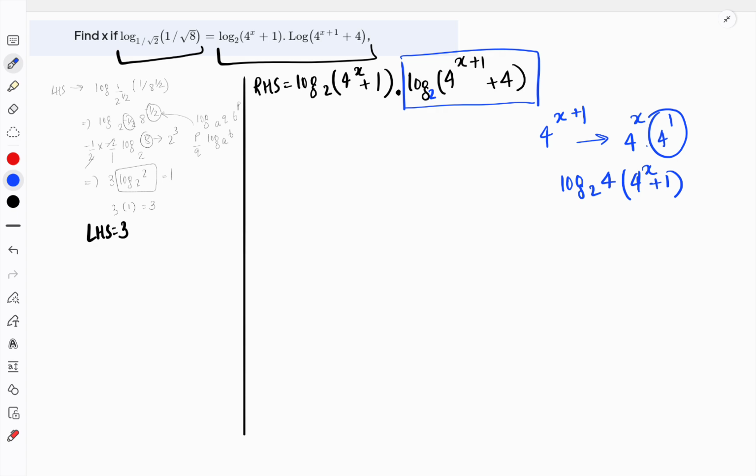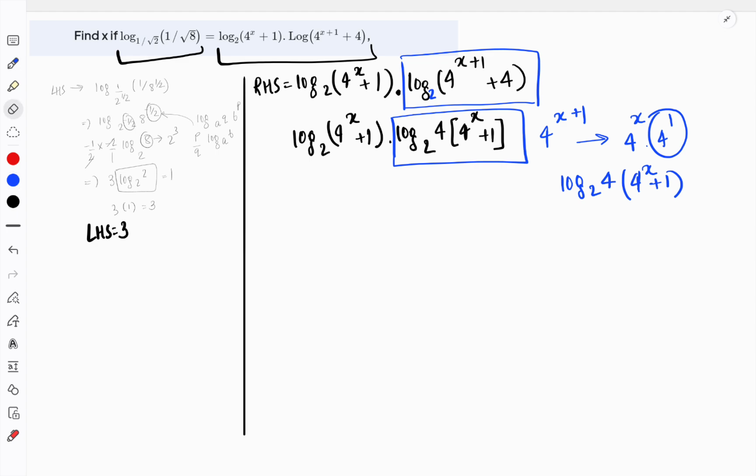So when we add it, it's going to look something like log base 2 of 4 power x plus 1, into log base 2 of a square bracket, 4 power x plus 1. All right, and we again use the properties of the log to make this